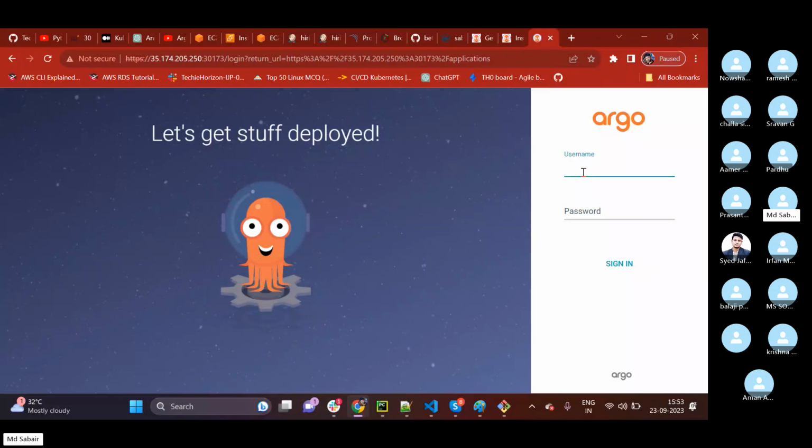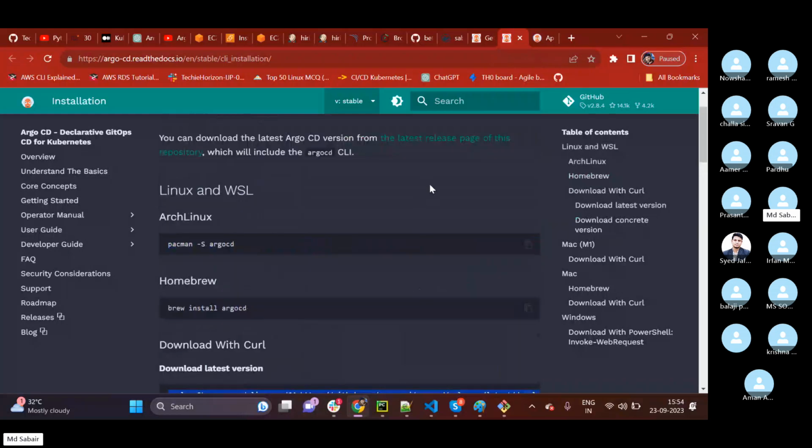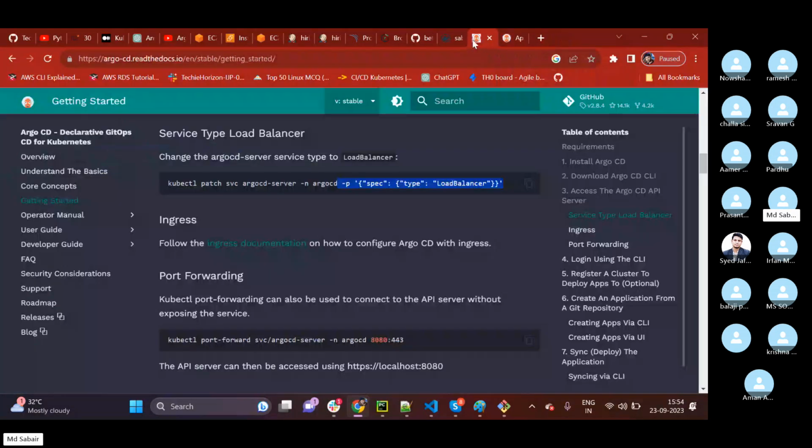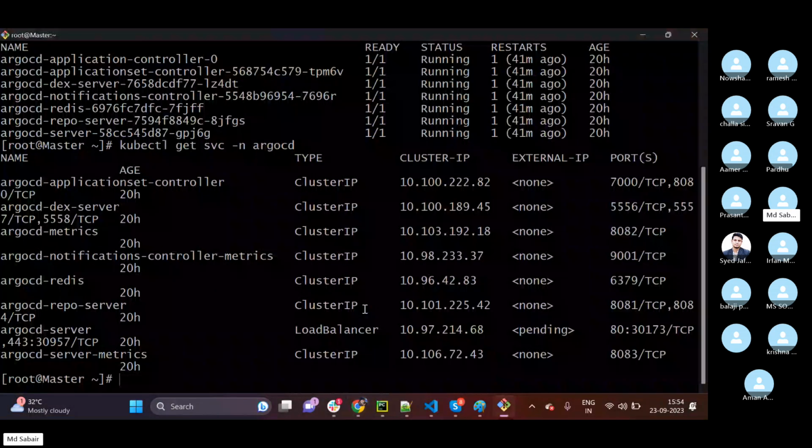Okay, so login, username admin, and password, I think admin. Okay, invalid password, I think I have forgotten that password. Okay, let me try to fetch this password. From where can you guys get the password? If you see this documentation, after exposing this, if you execute this, it will fetch the password from the secret. Okay, so if I execute this command,